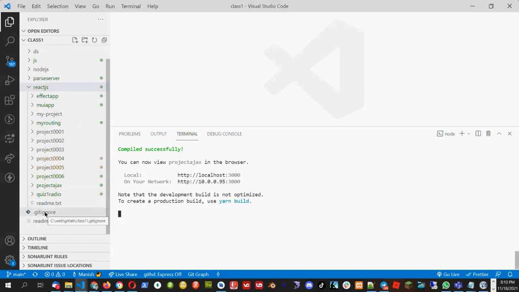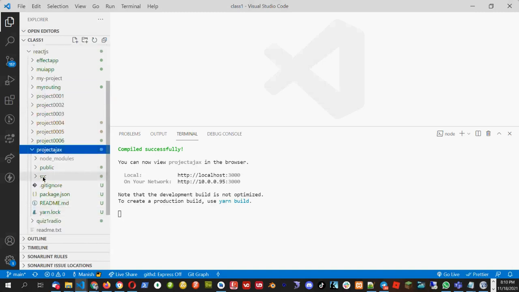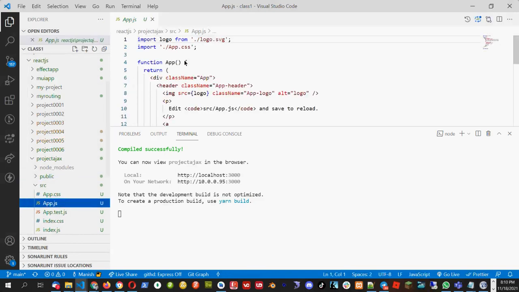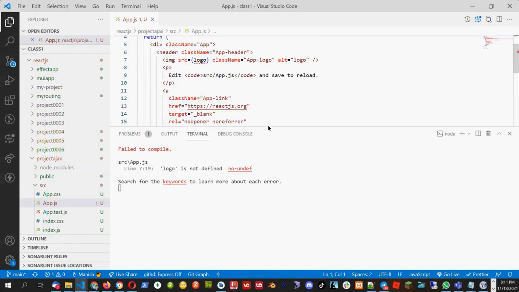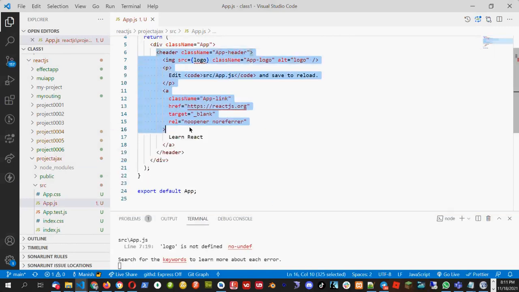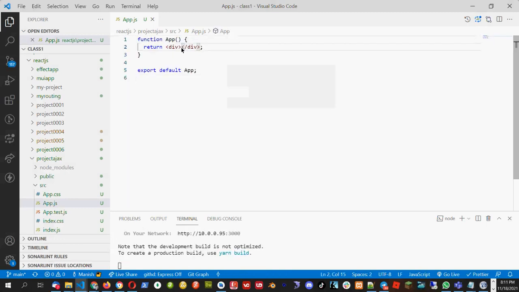Okay, do that along with me. Where is the project Ajax? I'll go to the src folder, App.js. I'll delete all that we have at the top. I'll delete all the content here. This part also I'll delete. So I'll just put hello world,